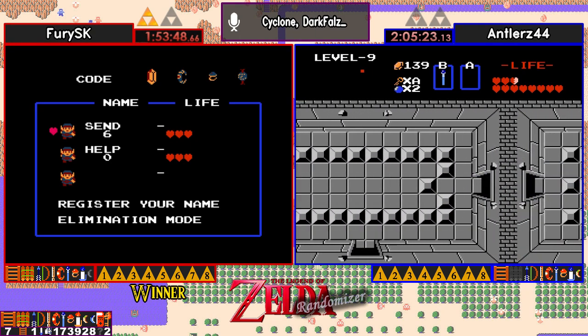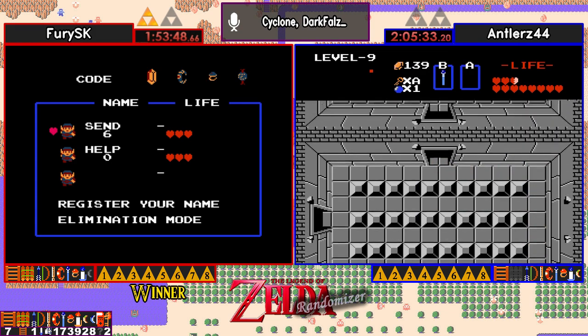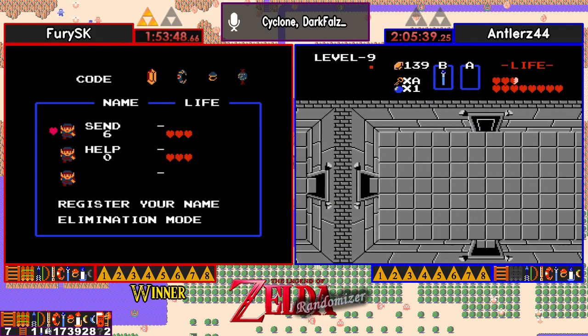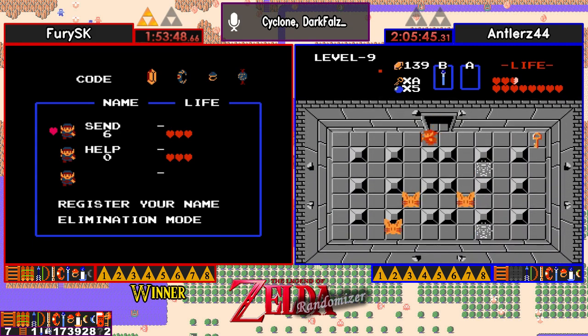Antlerz pushed that block and then left the room again. He must want to check this room right now. Yeah, he's trying desperately to get to that blank column, but this is not the way. So he sees the door to the south. He's very happy right now, I'm sure. He's going to pick up the 4-pack of bombs just in case. And then he sees a wall. He's going to bomb that wall and...